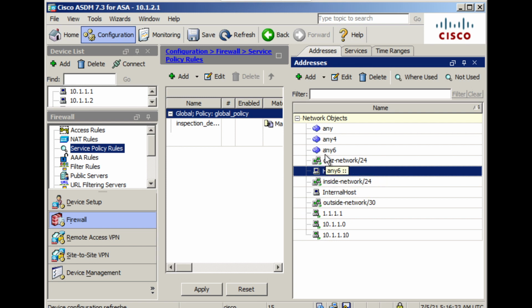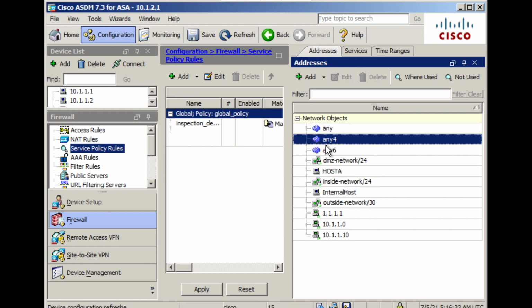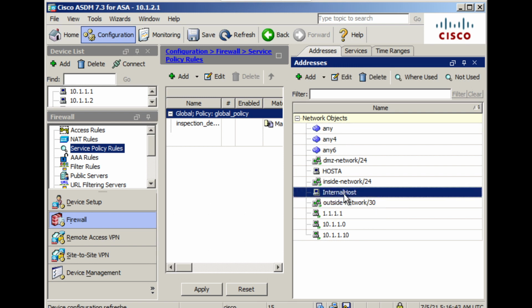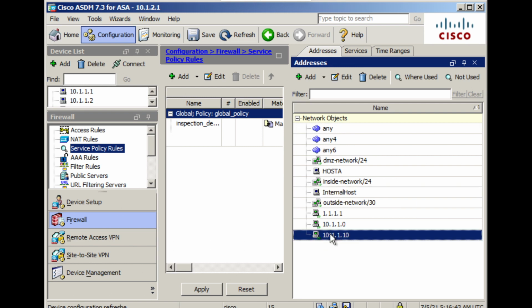Now the thing is, you remember on day 1 or day 2, I asked a question, what is the meaning of any? You have any v4, any v6, and I say any, which means what? Any IPv4 or IPv6. That's the meaning of it. Okay. Anyway, now I just created an internal host using my CLI. You can also see that object here. I also have one more host object which has been created from the IP addresses referred to inside your rule.